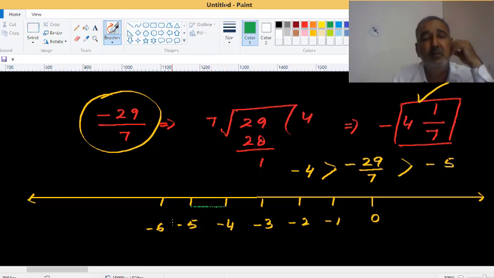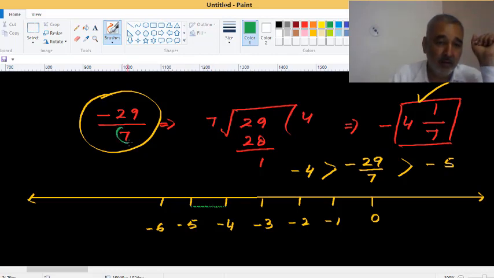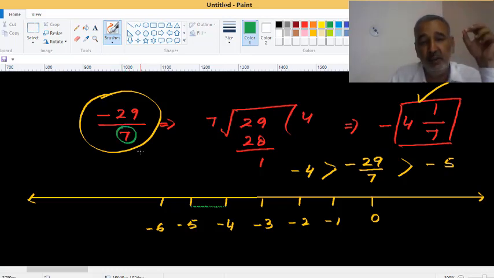What should I do now? Free-handedly, you have to divide this line into 7 equal parts. It is not easy to divide this line into 7 equal parts free-handedly. I'm using freehand. There is a geometrical method, or we can divide a line segment into 7 equal parts using geometrical instruments,